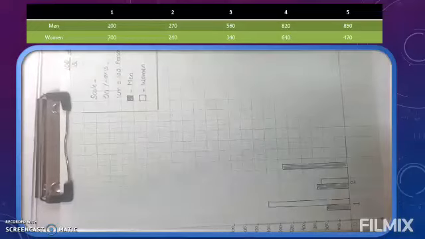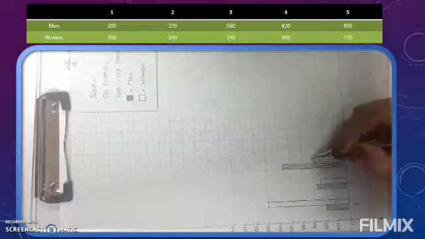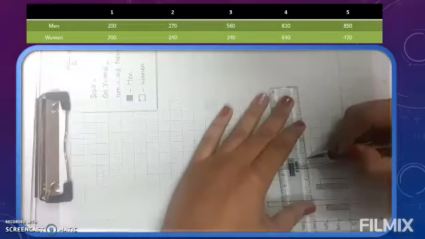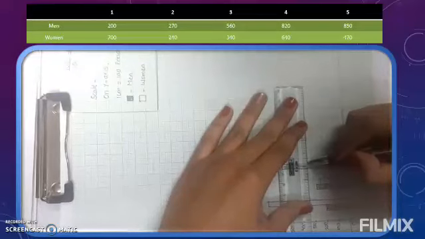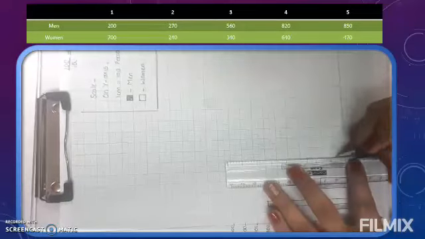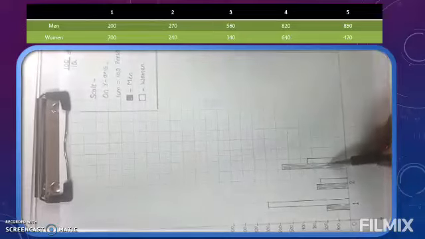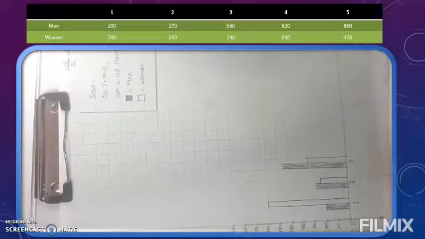After that we will see number of women. 340 means 300. Then first thin line will be 310. Second thin line will be 320. Third thin line will be 330. Then fourth thin line will be 340. So concentrate properly. Have a look. Fourth line, keep your scale, arrange your scale properly and join it with this bar. And darker green line, then join it with this. Now this bar is showing information about women, so we will not shade. Now this both bars are showing information about booth number 3. So we will write a 3.